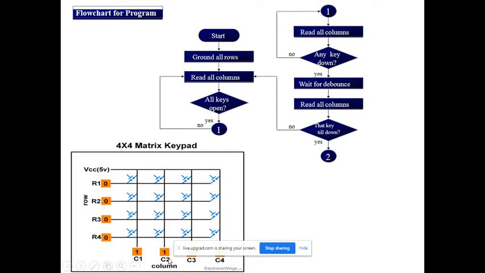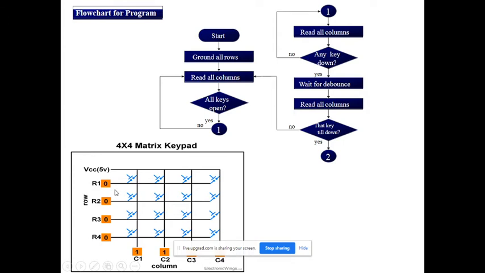Okay, and just check the column. Suppose I press key number 5, that is not from row 1, and in that case, what is the column status? All are 1 1 1, because this key is pressed and this row is 0, this row is 1, and that's why this is 1 and this is 1, output is 1. All of these are 1, which indicates that no key from that row. Then the controller will scan the next row, means the controller will make this 1 0 1 1.